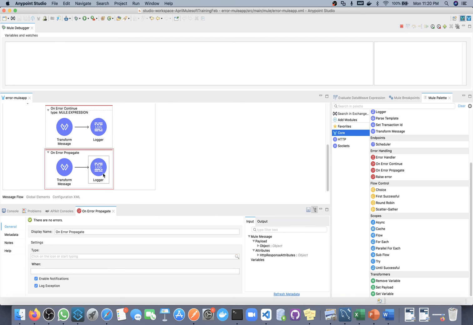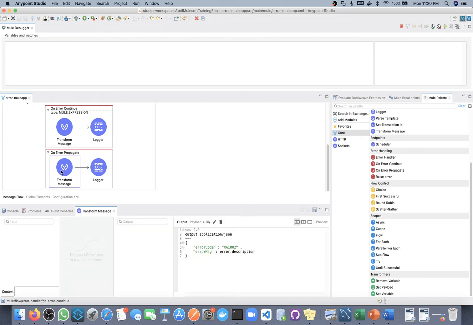This error handler will handle any kind of error, but in the message, for example here we are sending a critical error. So in the case of on error propagate any, we are sending this critical error as a message.